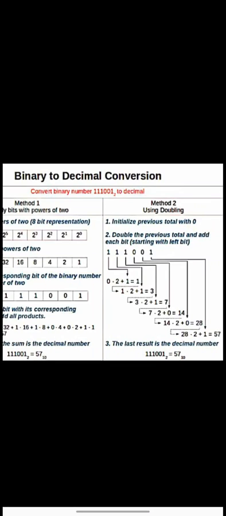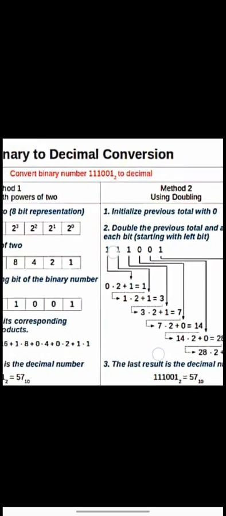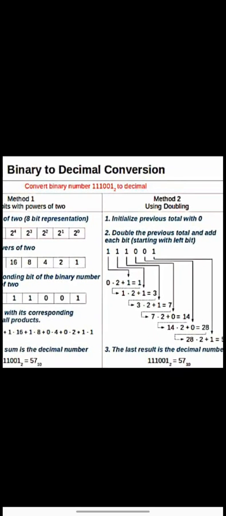Let me repeat this method for you. We have to do nothing but just double the total and add the binary number given. Double the total, add the binary number given. Total in the beginning is taken as 0. So the first number again is 0 into 2 and this 1 is added, which gives you the result 1. Now 1 is the total value. 1 is to be doubled, so 1 into 2 plus this 1. So 1 into 2 is 2, 2 plus 1 is 3.